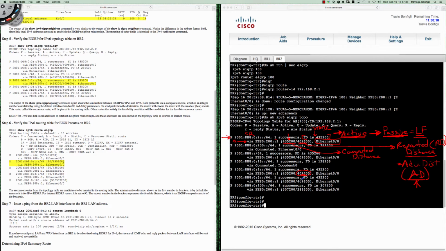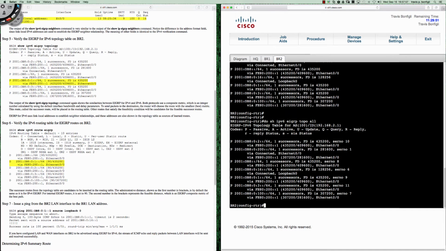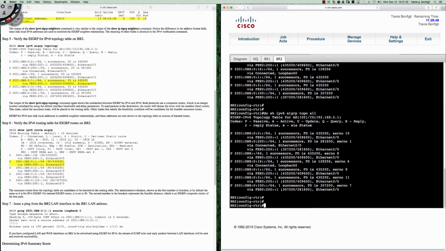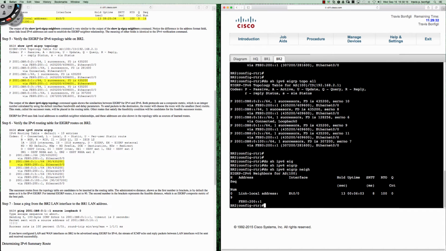Okay? All right. So we'll clear the screen there. A good talk about the IPv6. And again, you'll notice that a lot of the commands with EIGRP for IPv6 have been conveniently left the same. And I mean, really, if you think about it, the only thing you're changing in these commands is the all links option. If I were to say do show IP EIGRP, or actually do show IPv6, the only difference is you're putting IPv6 instead of IP. So when I say do show IPv6 EIGRP